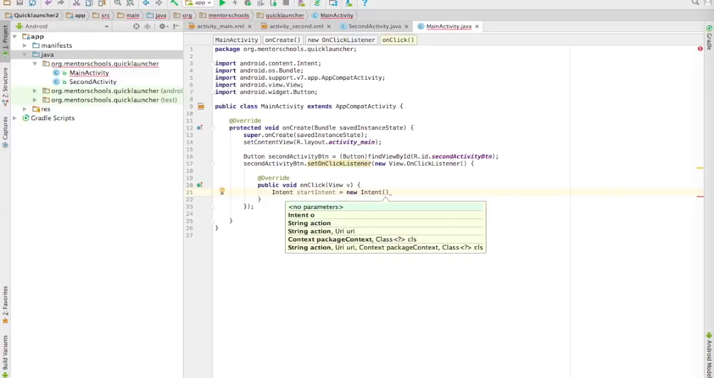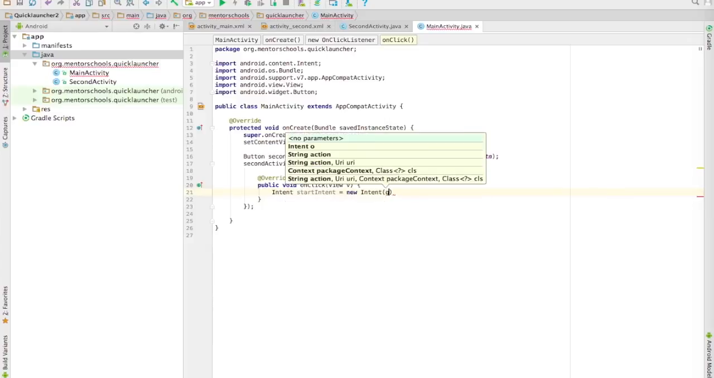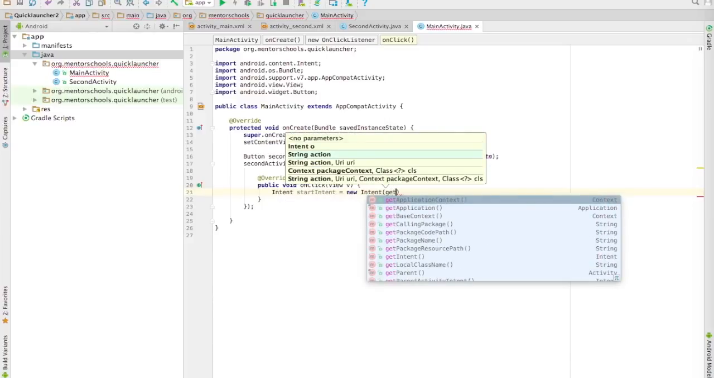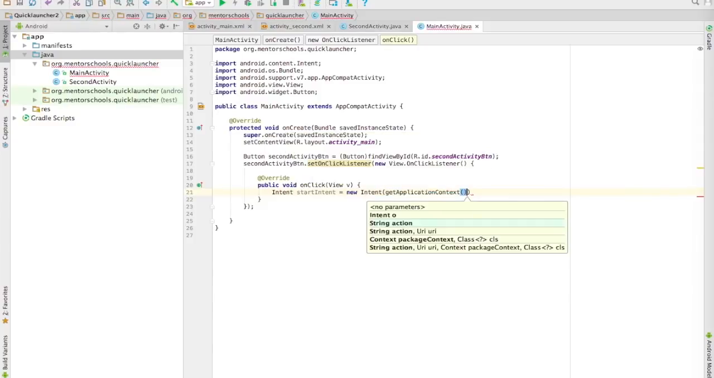And what do we want to create? We want to create a brand new intent. Now, an intent is going to take an application context. They just want to know, okay, what is the context of this action? So when you start typing get, it's going to be the first option here called get application context. And again, we can autocomplete by pushing tab, and we're going to put in a comma,